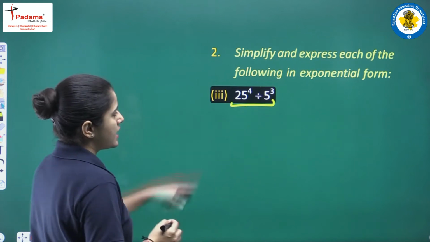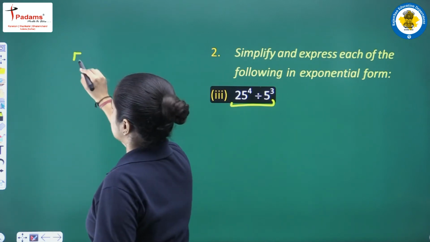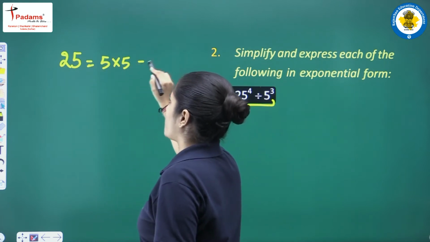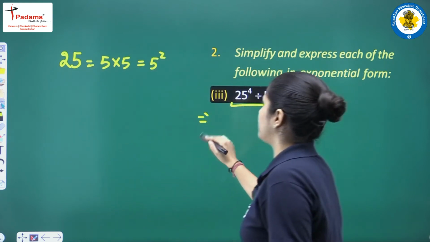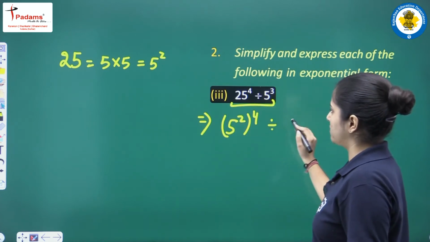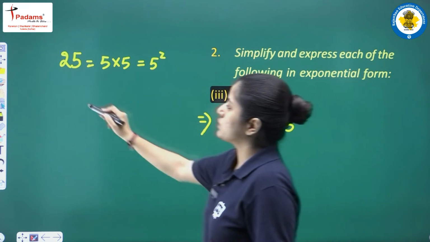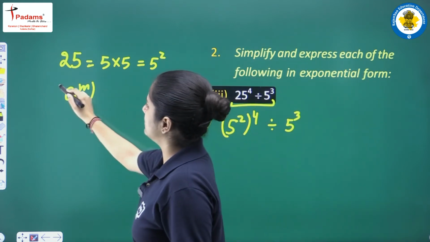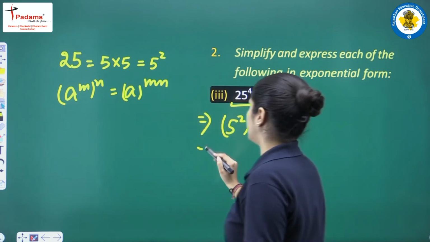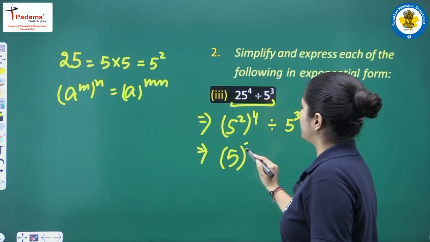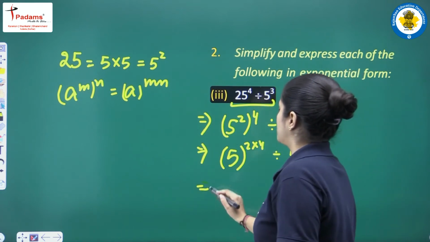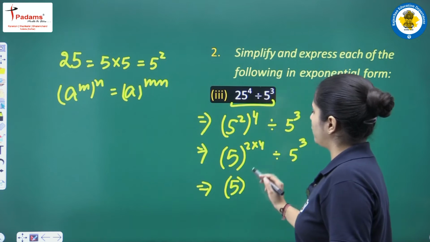Now students, 25 can be written as 5 into 5, right? That is 5 square. Here in place of 25 we will write 5 square, and 4 is already here, divided by 5 raised to power 3. Now students, power of power formula. The powers are multiplied here, right? So 5 raised to power 2 into 4 divided by 5 raised to power 3. 5 raised to power 2 into 4, that is 8,